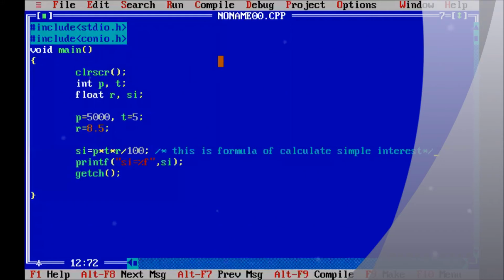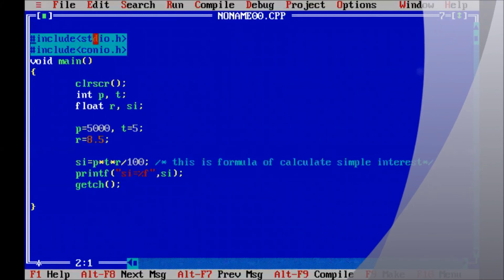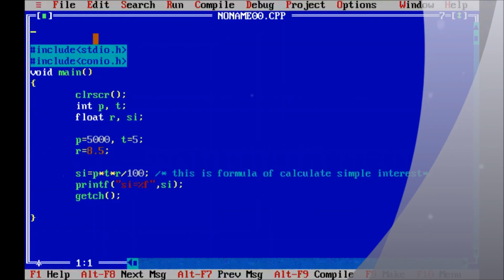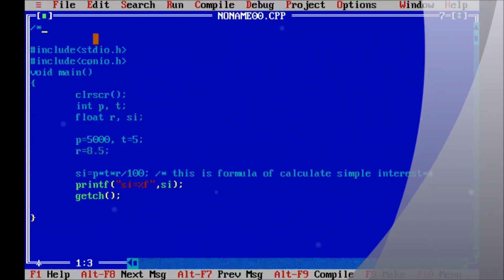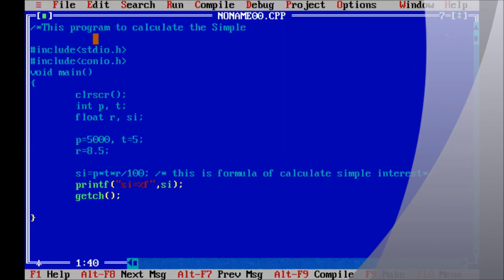So you can also write a comment on the top in this form: slash asterisk, this program calculates the simple interest.